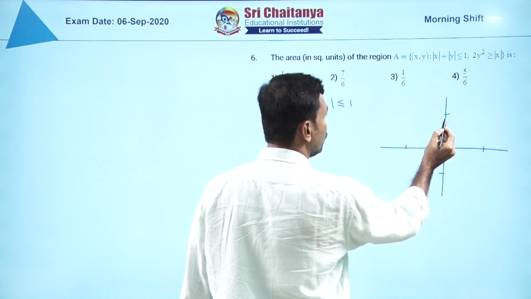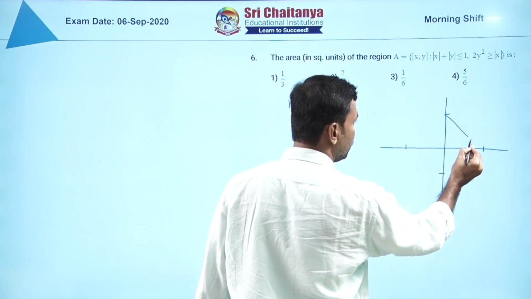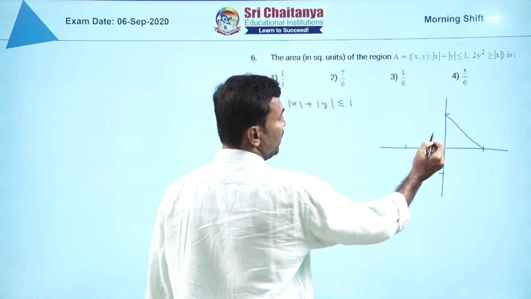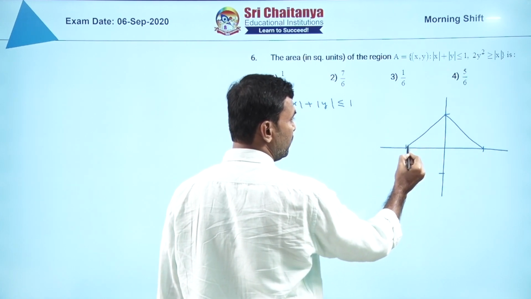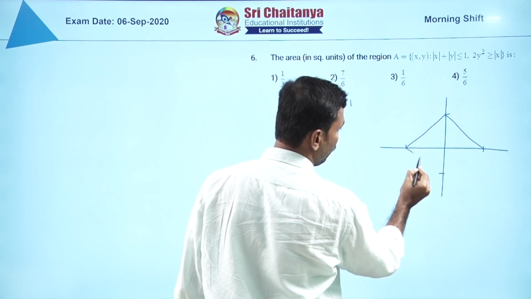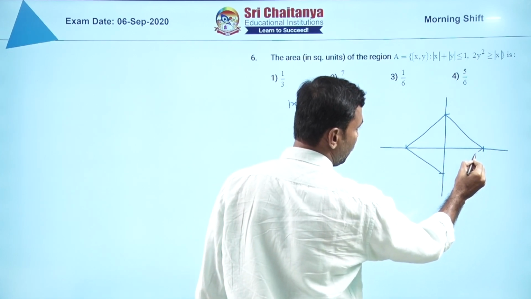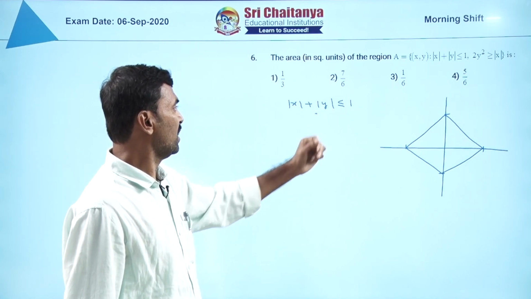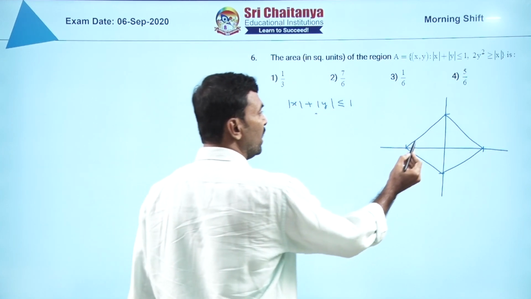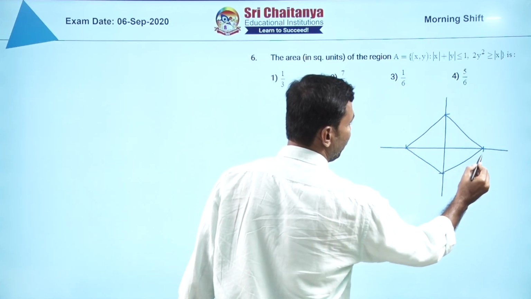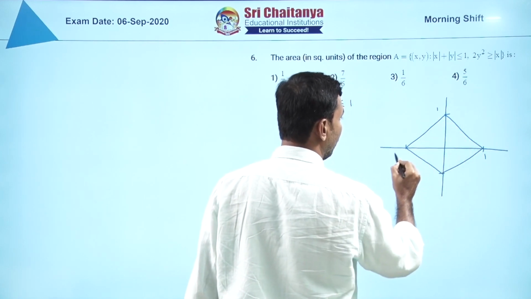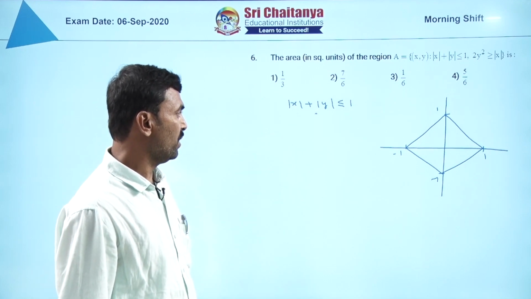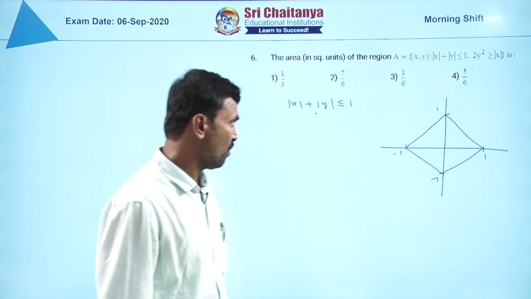When both x positive, y positive, it is x plus y is equal to 1. Next, x negative, y positive, it will be this, and x negative, y negative, this. So, this gives the region, interior region of this square. This inequality gives interior region of this square,